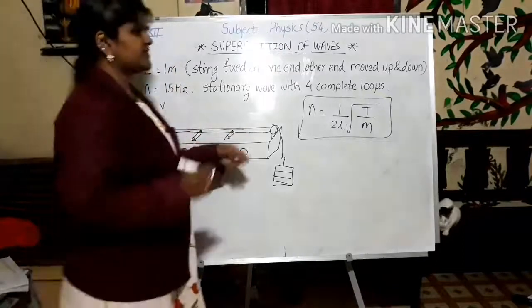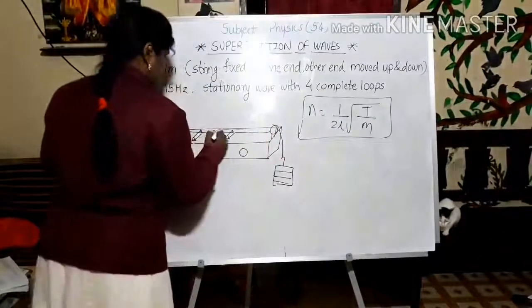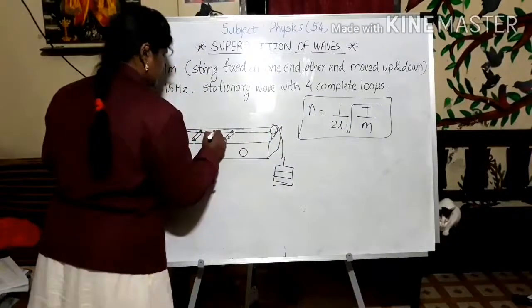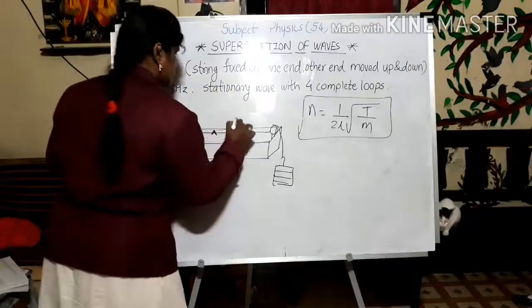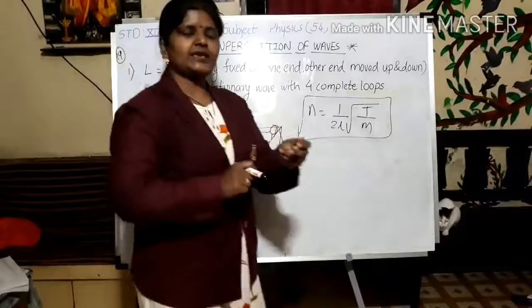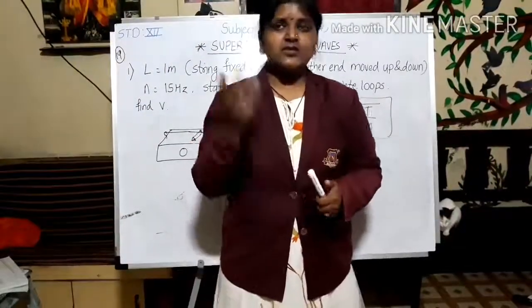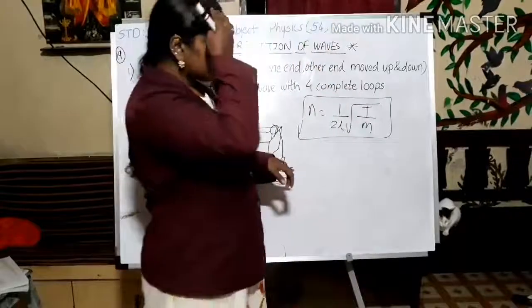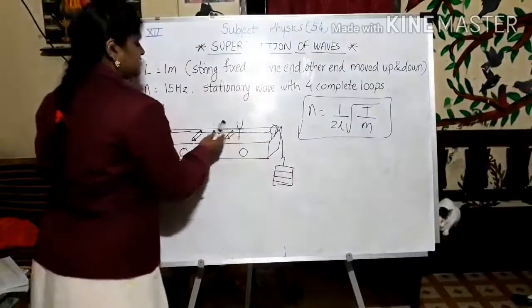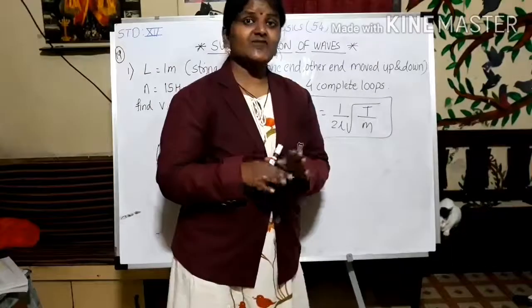Here are the two bridges which have knife edges on top. I have put a paper rider over here, and I will place a tuning fork over here by striking it on the rubber pad. It will create vibrations and we can hear the sound through this. While we are vibrating this, the paper rider will try to fly off, but it will not fly off.